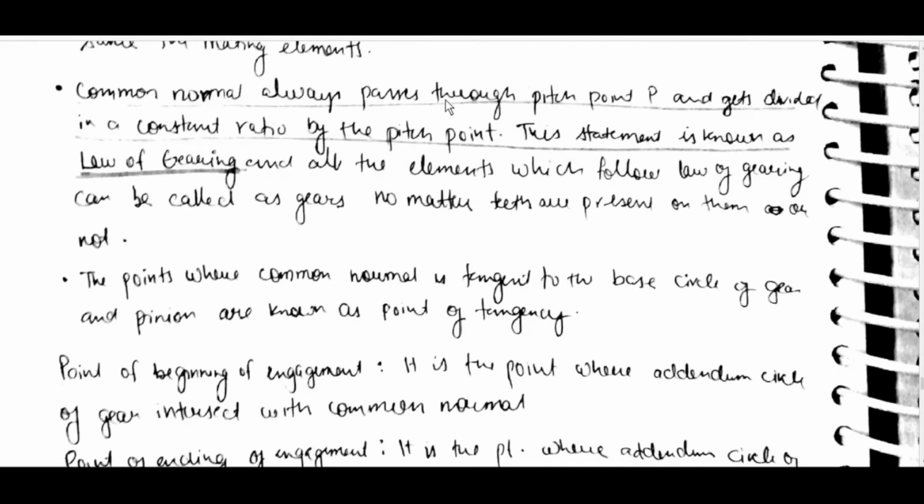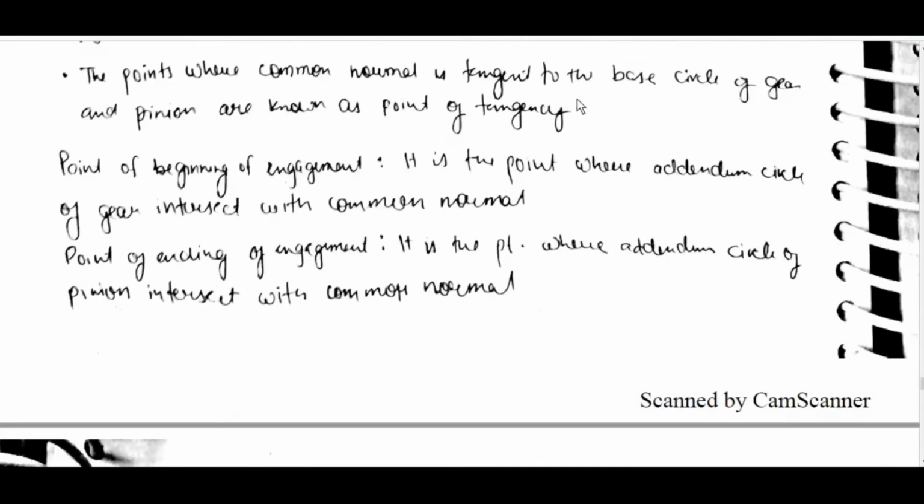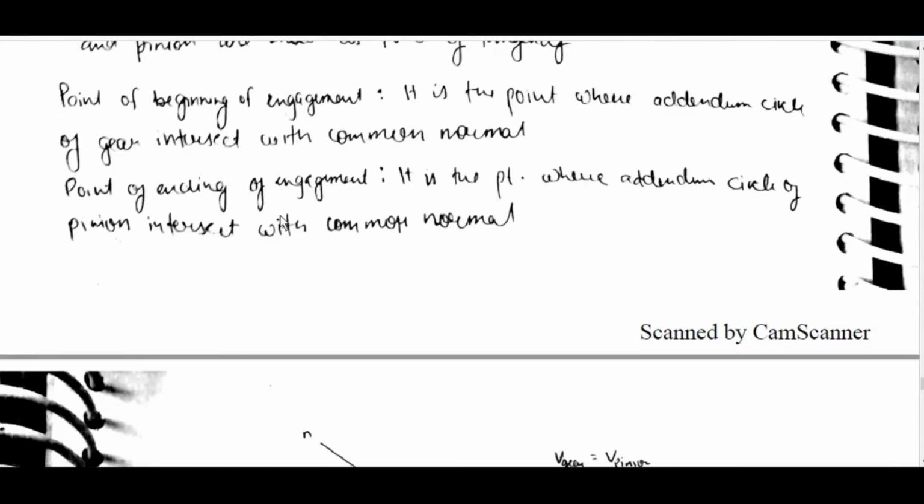The common normal always passes through the pitch point and gets divided in constant ratio by the pitch point. This statement is known as the law of gearing, and all elements which follow the law of gearing can be called gears, no matter whether teeth are present on them or not. The point where common normal is tangent to base circle of gear and pinion is known as point of tangency. Point of beginning of engagement is the point where addendum circle of gear intersects with common normal. Point of ending of engagement,